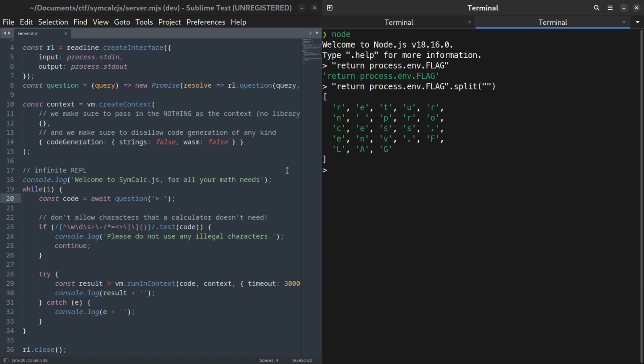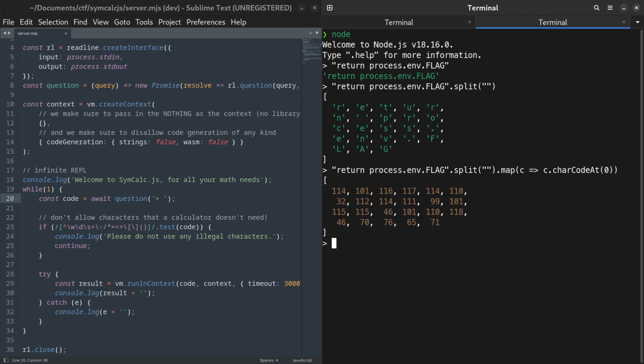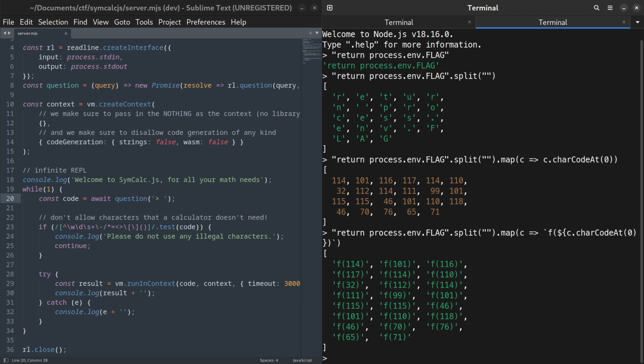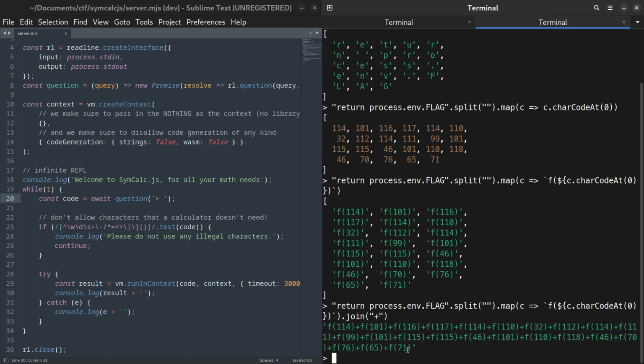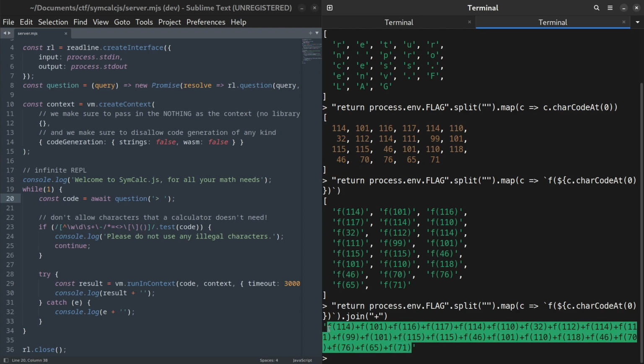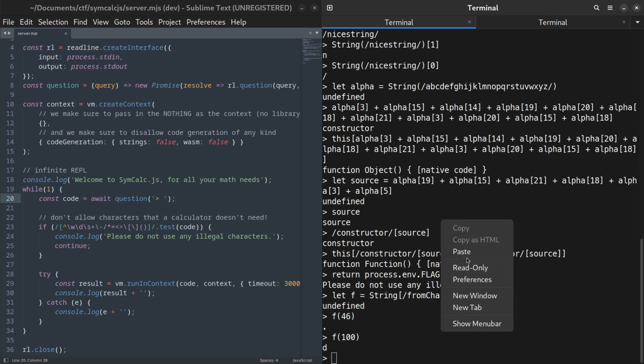Then I can use the map function to convert each character into its character code. Then I can add a format string around it to turn it into the string of the function f being called on that character code. Finally, I can join that array of strings with the plus character. Now, I should be able to copy this encoded string into my jailed terminal and get the payload I'm after.